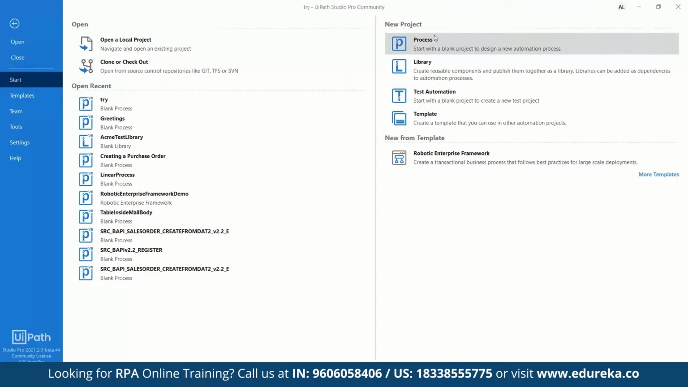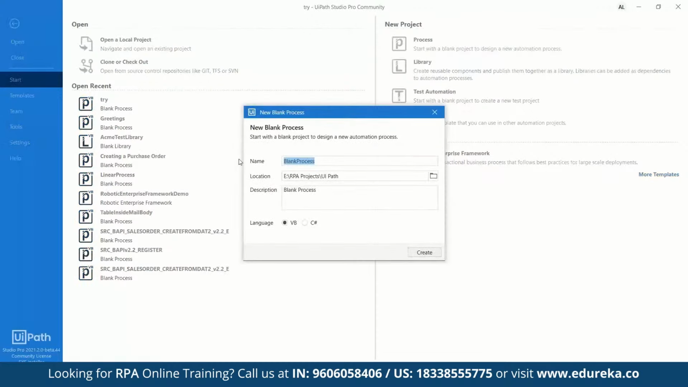All right, so now I'll go and click on the process. I'll show you one small demo on how UiPath automation works. To create a new project, I'll click on this process. When you click on this process, it will ask you for some information. Now you are creating a blank process. What is the name of the process? I'll just say